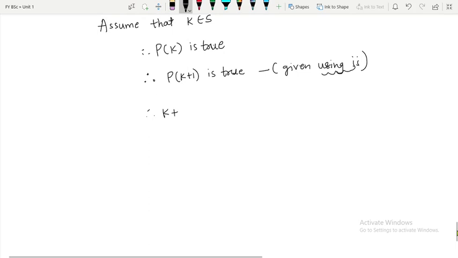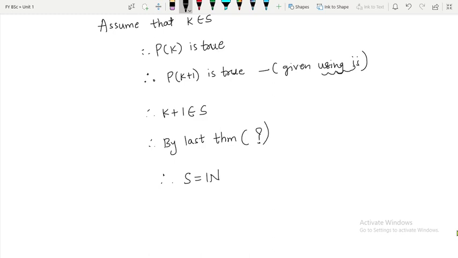Therefore k plus 1 belongs to S, and that is what I wanted to prove. I showed that 1 belongs to S, then I assumed that k belongs to S, and I have proved that k plus 1 belongs to S. Therefore by the last theorem, in the exam you should not just write that, you are supposed to state that theorem, and therefore I can say this S is equal to N, and therefore we can say P of n is true for all n belonging to N, and that is what we wanted to